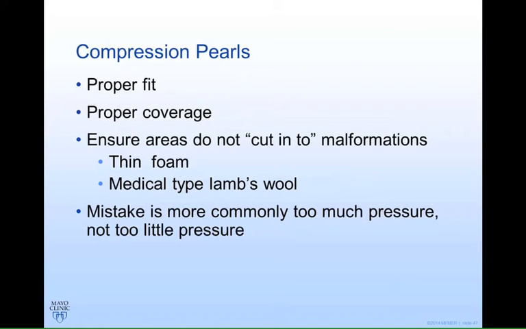And then a really common problem is the areas that are painful because of the compression garment itself. And so they take a lot of care to make sure that the garment doesn't cut into the area of the malformations. They can fashion different types of garments so that if someone has an entire leg affected, but it's behind the knee that's really painful to compress, they fashion more of a capri type garment and also a knee high, just to offload the pressure there. We can also use some thin foam or some medical type lambs wool to pad those areas that tend to get a little bit too much pressure.